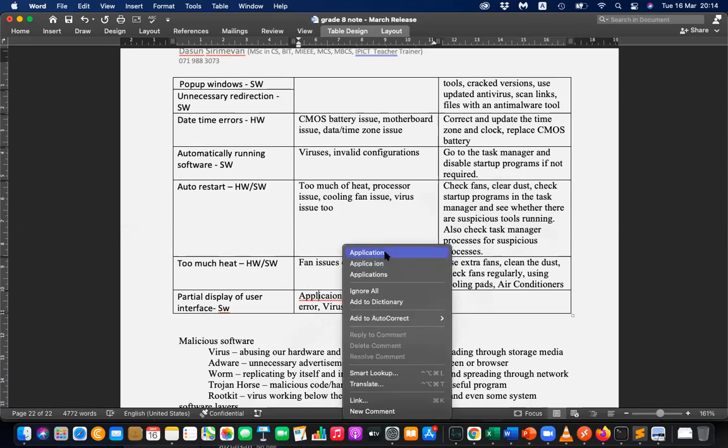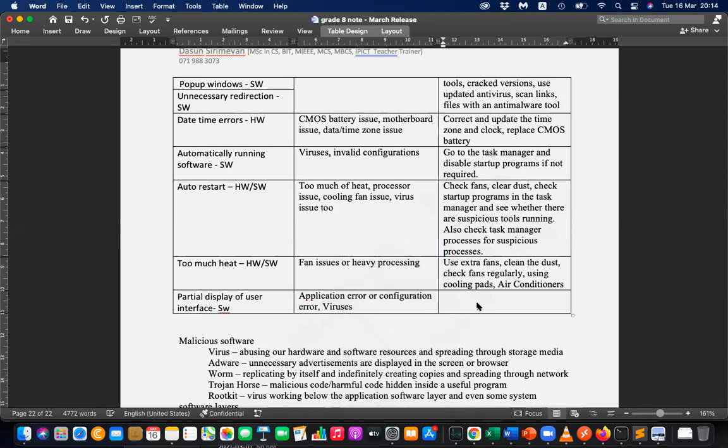Check for updates and reinstall. If not, adjusting. Check for viruses. So those are the solutions.